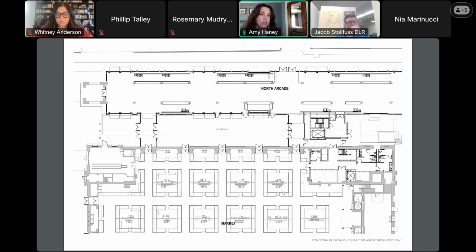The entrance into the one on the west side is the kind of new accessible entrance, and I think that's a little far to go to the east side to make up that kind of difference. So from West 25th, you would go into those connector doors and then either into the market or to the arcade.